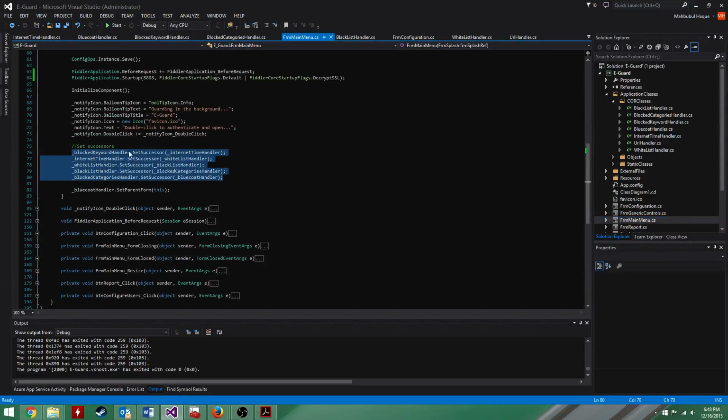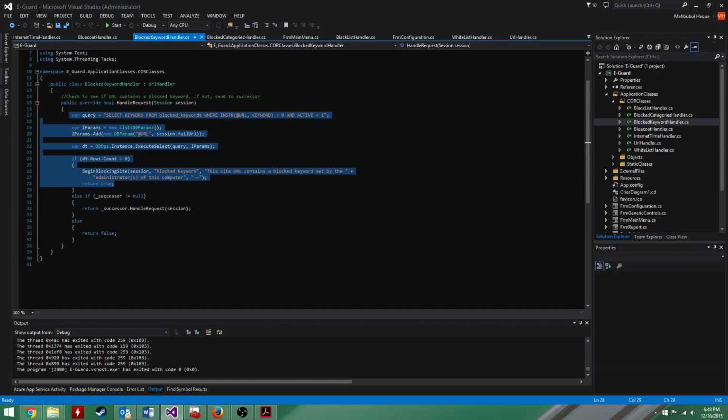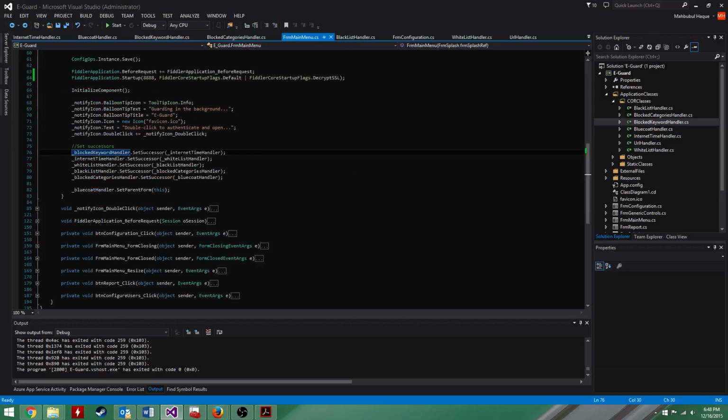All right, I explained this in the attachments here. Basically we do this by order. So the blocked keyword handler, if it can't handle it, then it sets it to a successor. So let's go to the blocked keyword handler here. We check if it can handle it. If it sees that the URL was not blocked, it will go to its successor, which is the internet time